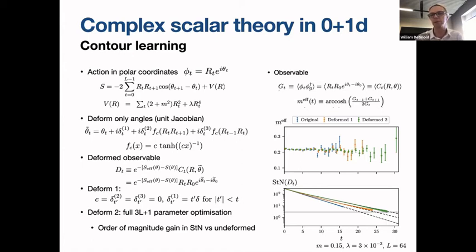to do. And you can see that the 1-parameter optimization does better than the original observable, but the full 3L plus 1 dimensional optimization does better still. Okay. It hasn't solved the problem completely, but it's given us at least an order of magnitude or 2 over